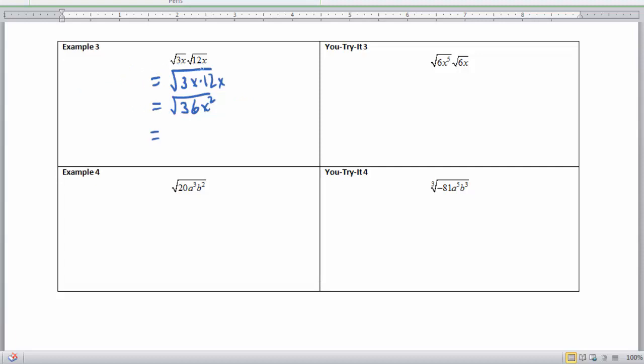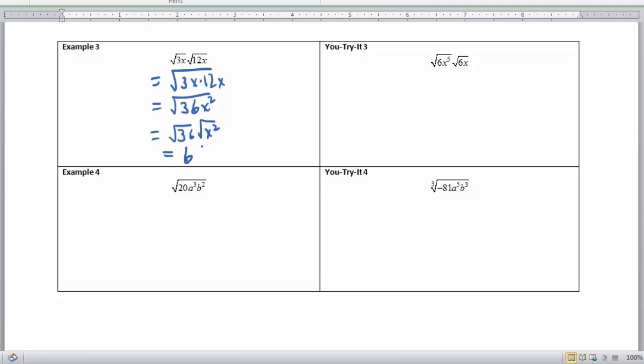I wrote the square root of a times the square root of b as the square root of a times b, and now I'm going to break it back apart again, right? And I'm going to write this, which is the square root of a times b, as the square root of a times the square root of b. So it's the square root of 36 times the square root of x squared, and of course the square root